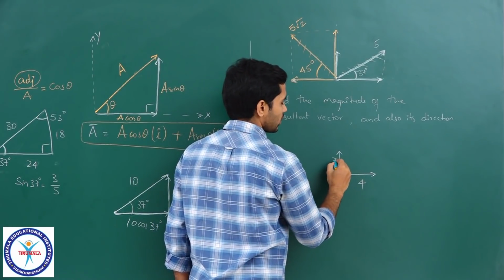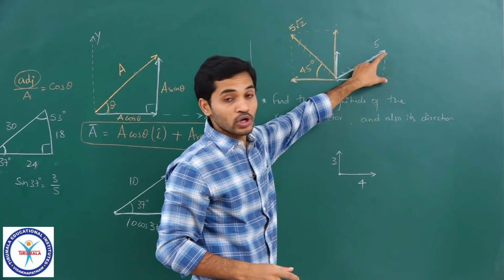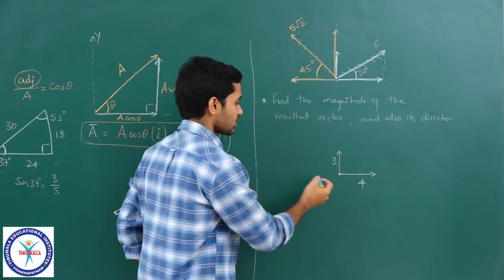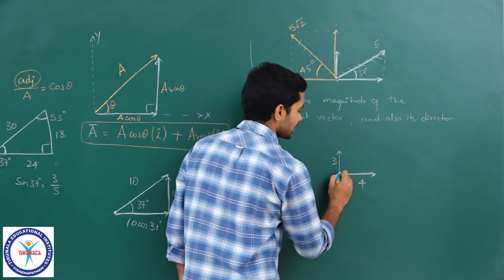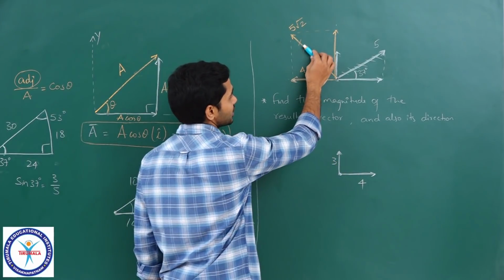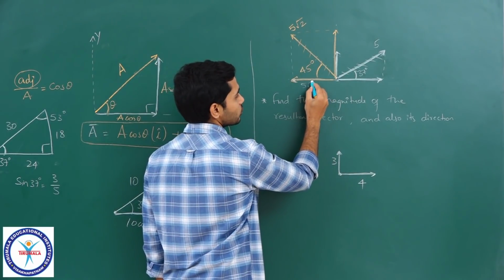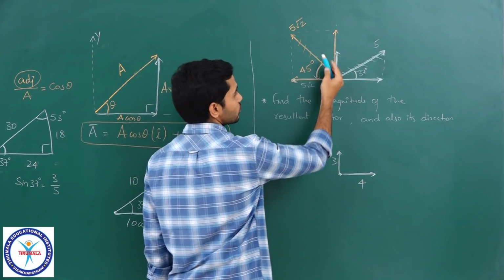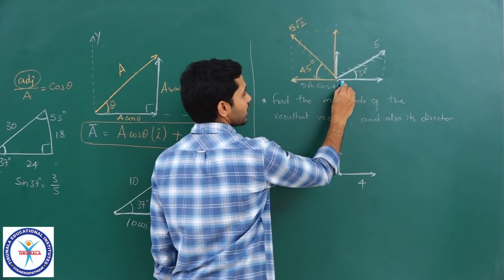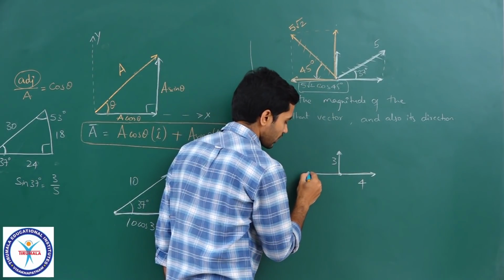Or see, what I do generally is, whenever I look at a triangle having 37 degrees, I will directly put the smaller length as 3 and the bigger length as 4, clear? That is one way of easily understanding it. Okay, so this length is 4 and this length is 3, correct? So this is the first vector, it has been broken down. Now similarly the second vector, 5 root 2, when broken down into two components, what will I get? This will be 5 root 2 into cos 45, right? So from here I am moving by 45 degrees, so into cos 45. So what is 5 root 2 into cos 45? 5, right? So that is it, 5. So this would be 5,